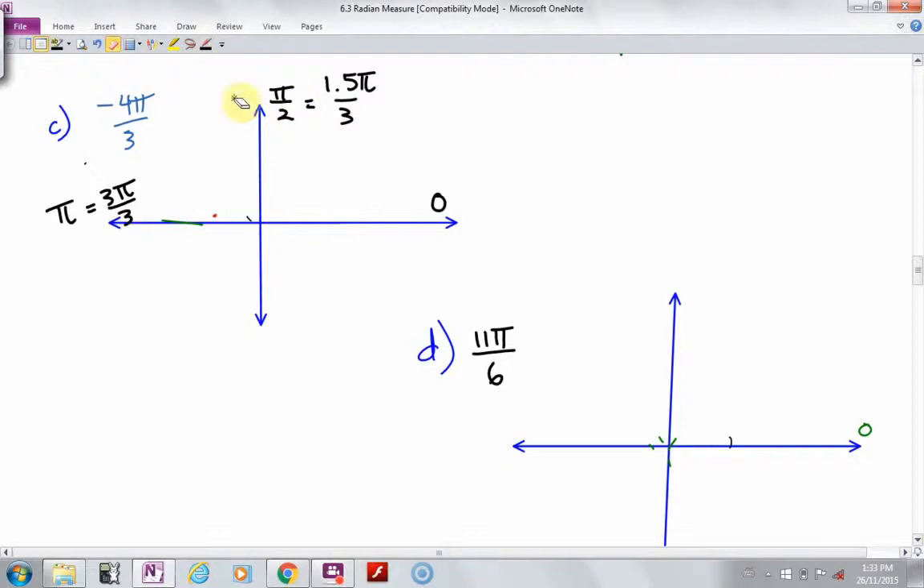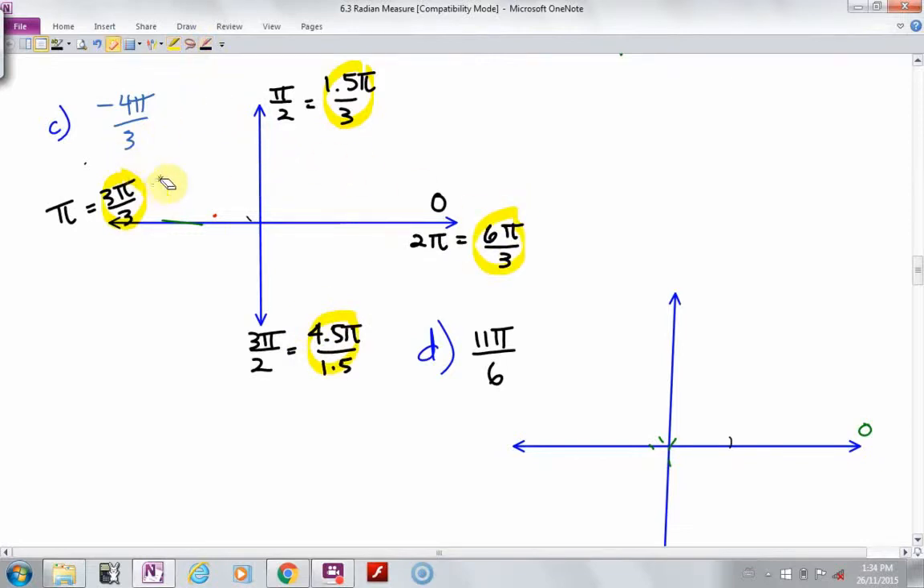Okay. And then over here, this is normally 3 pi by 2. We're going to multiply top and bottom by 1.5 again, so we get 4.5 pi over 1.5. And this is 2 pi. We're going to multiply top and bottom by 3. We get 6 pi over 3. So these are what we're using as our guides to help us figure out where is negative 4 pi by